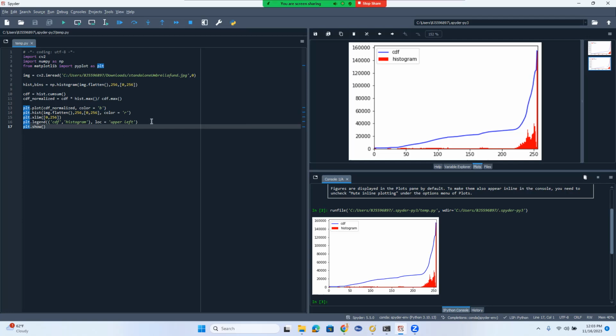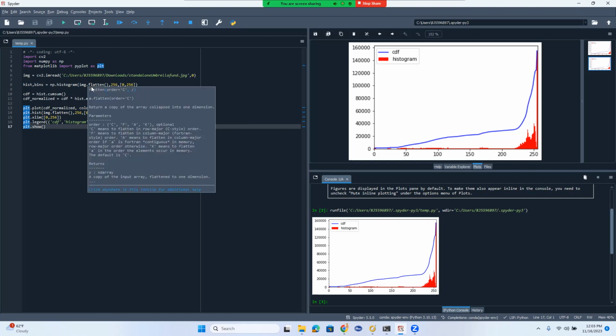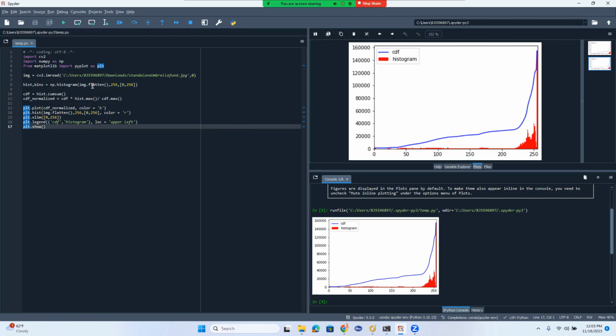But today, we are simply trying to make a histogram of a JPG image. The first command is going to read the image. The second command is going to draw a histogram. We're going to flatten the image, and we are going to